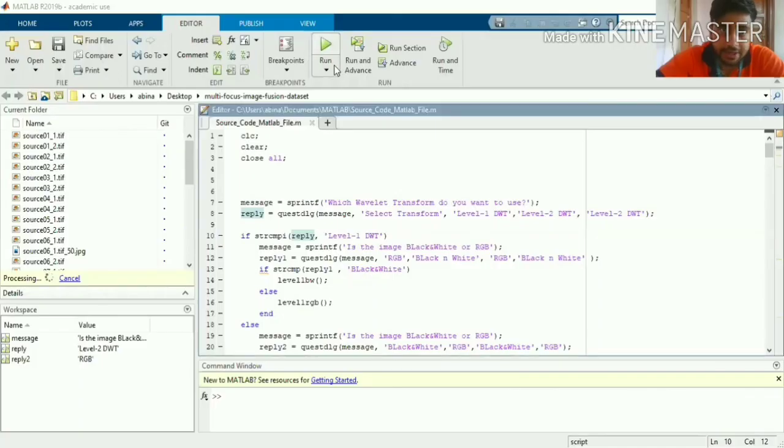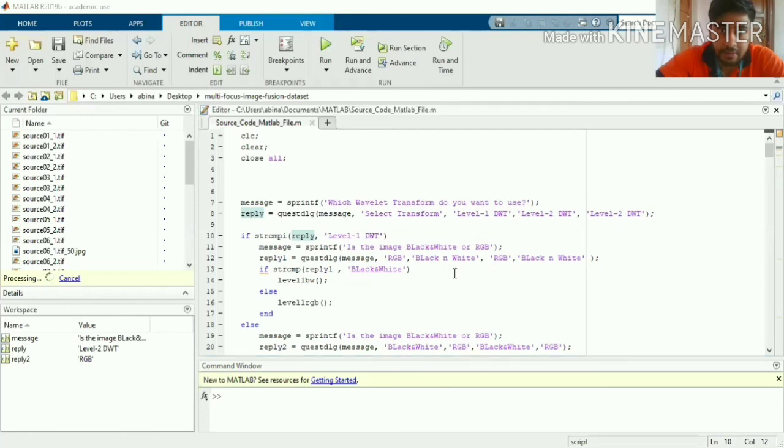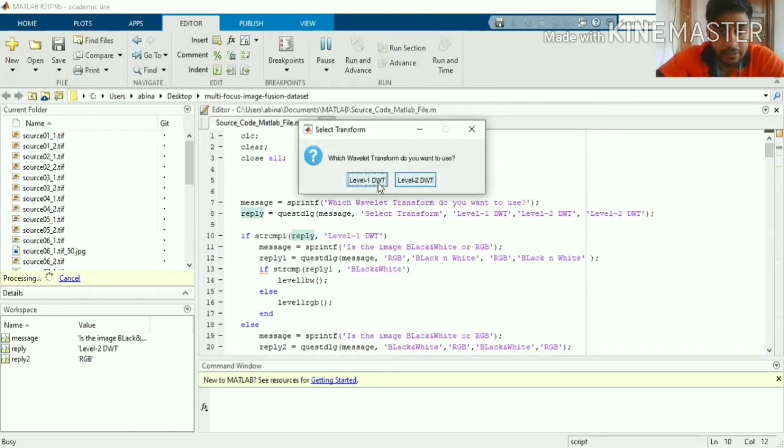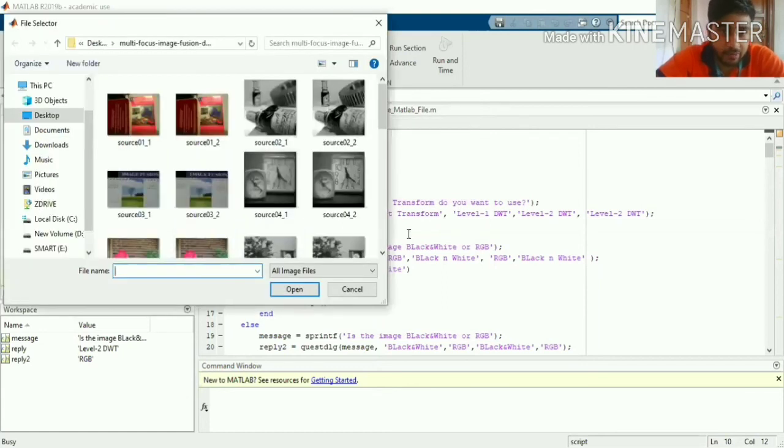Let's run it again for a second time. This time level 1 will take RGB only, and again no problem.